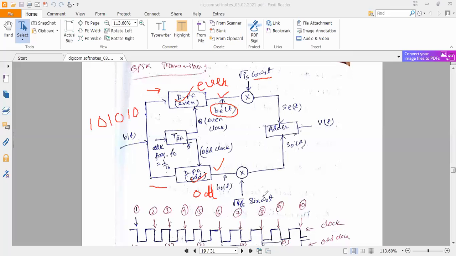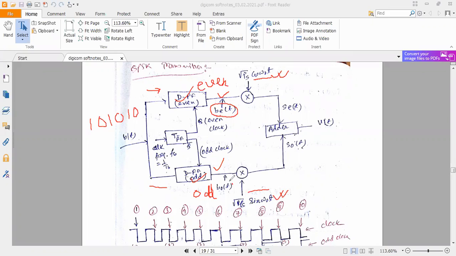two carriers. See here, two carriers, because this is for even and this is for odd. For even we are taking root 2 P_s, you can write 2 also, that does not matter, or you can write root over P_s also, cos omega_0 t for this even bit. Now for the odd bit we are taking sin omega_0 t. This is the carrier, you can think of it that way. So two carriers over there.